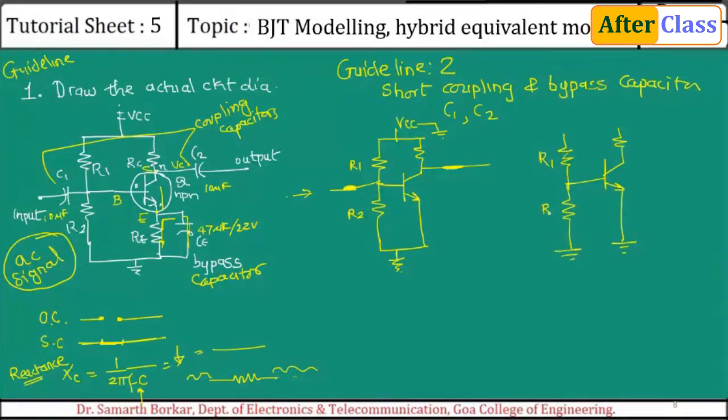R1, R2, RC. This is RC, okay? I have made a mistake, but you don't make a mistake. Always draw the circle around the transistor. So I am connecting this point to ground and this point to ground. What I have done here, all the DC voltages are to be connected to ground.